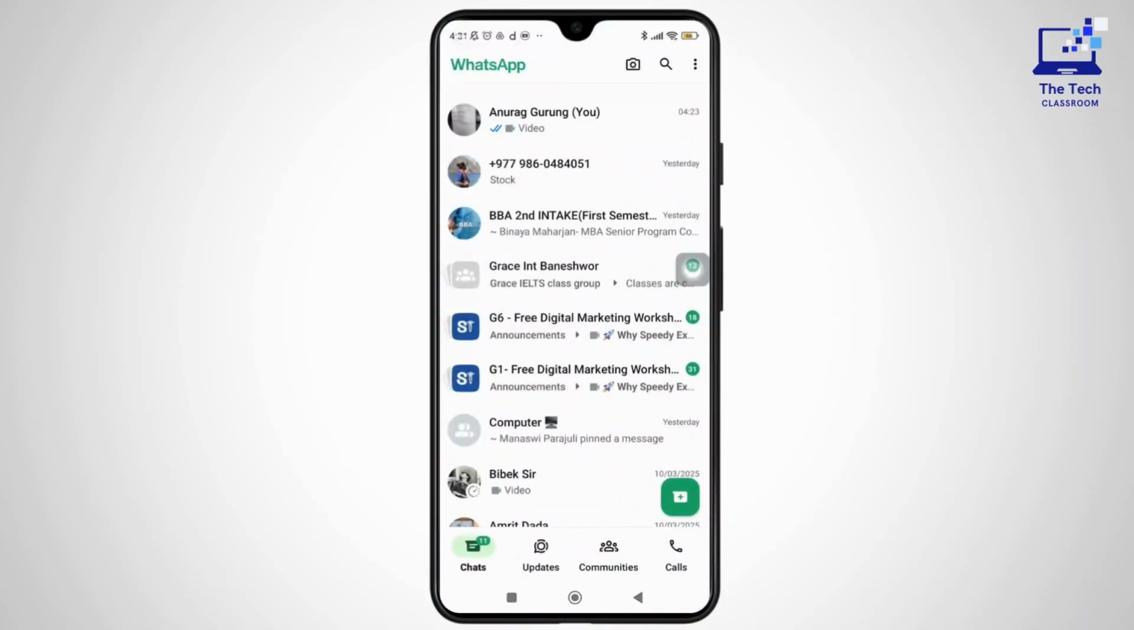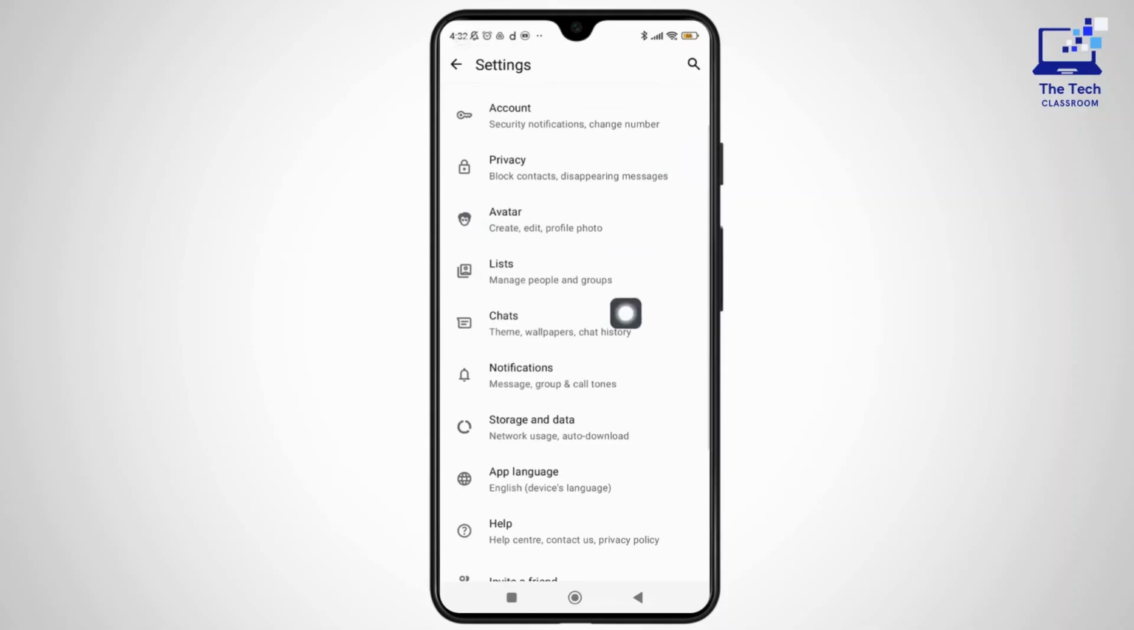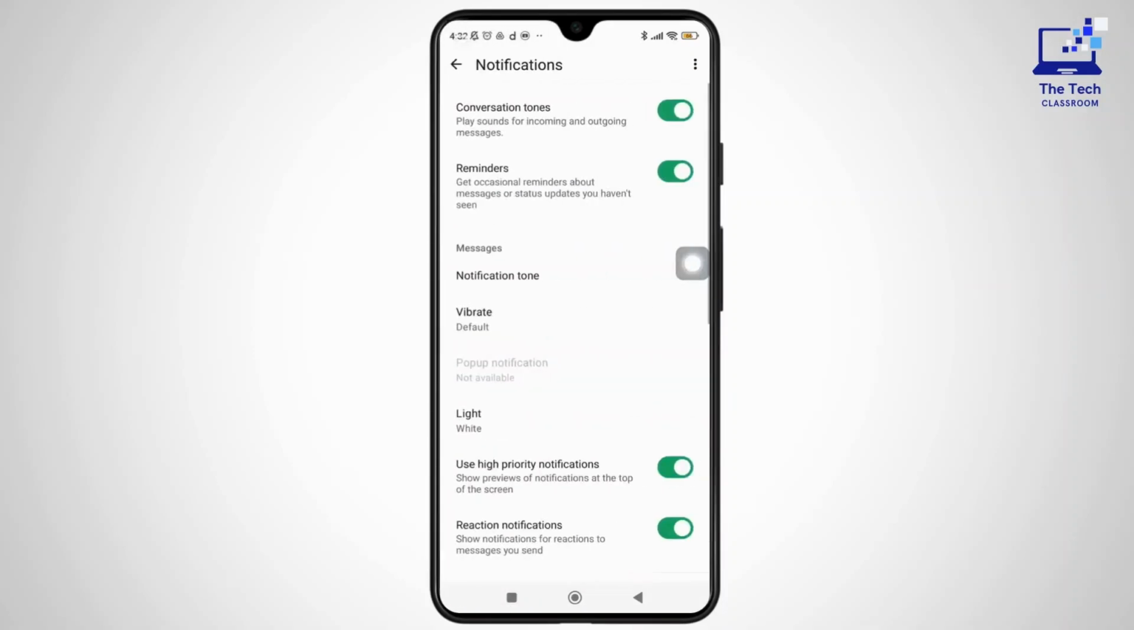So first things first, open WhatsApp on your phone and make sure that you're logged into your account. And once you are inside the app, simply tap on the three dot icon shown in the top right corner of the screen. And from the drop down menu, simply tap on Settings. And once you are in the Settings section, simply tap on Notification. And once you are inside the notification menu, simply scroll down and select Notification Tone under the Message Notification section,